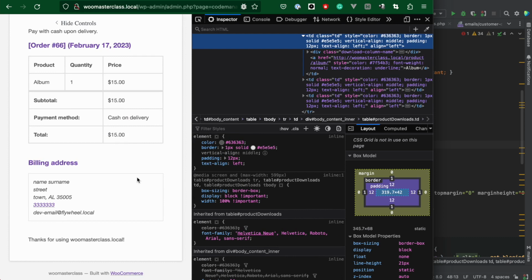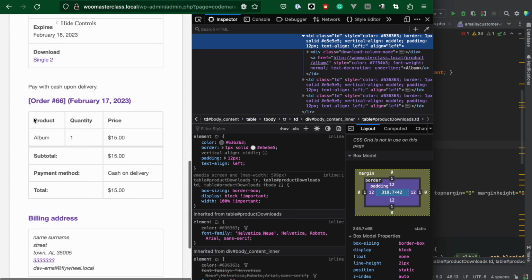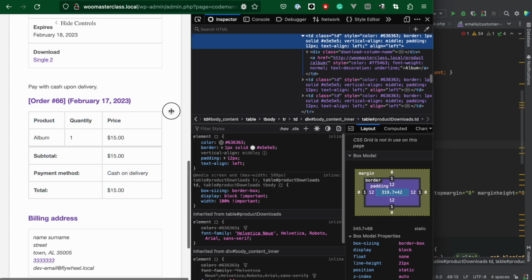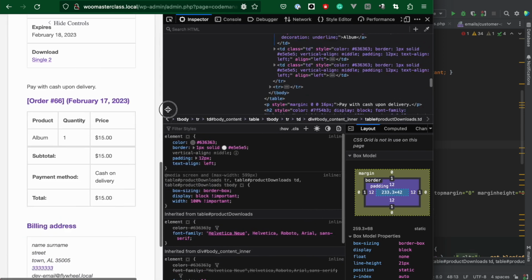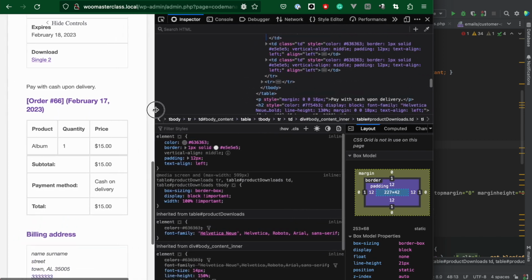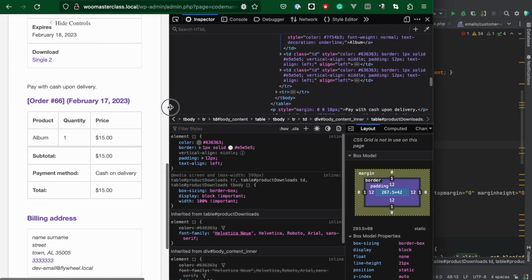For homework, if you want to, of course, I would invite you to try and change this table here and make it more responsive, because it doesn't look as nice on lower screen sizes. So that's it, and